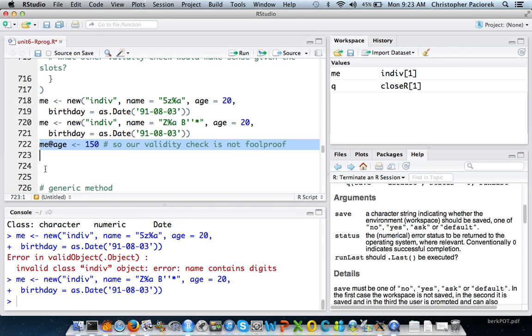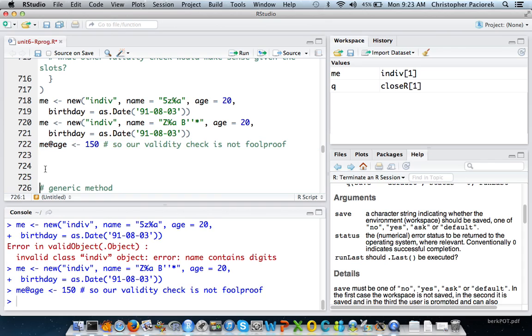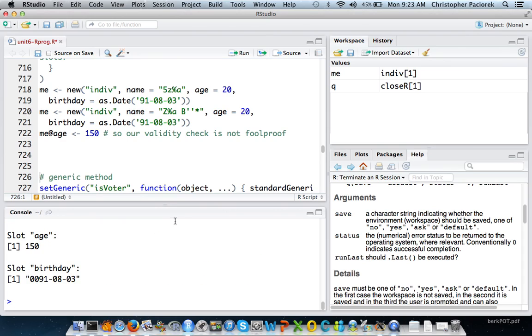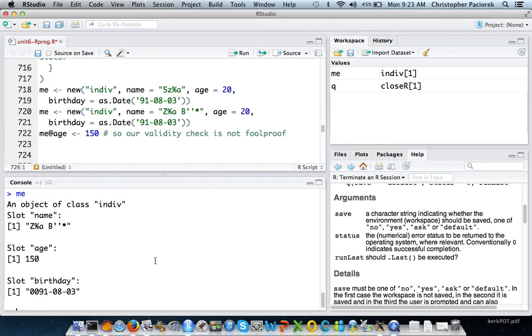Another thing I'll mention is we can just assign into the slot of the object, and that will change the slot directly. For those of you who are used to object-oriented programming, I don't believe that S4 classes have the notion of a private slot or a private member object. So you can just manually go in and change the inner components of an object in a class. If you're programming more formally, you might complain about this, because part of the idea of object-oriented programming is basically to hide the guts of what's going on inside the class away from the user